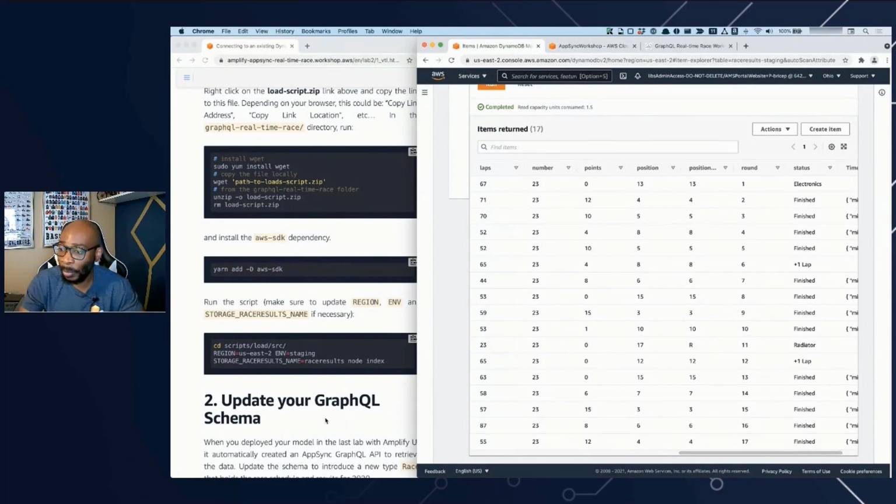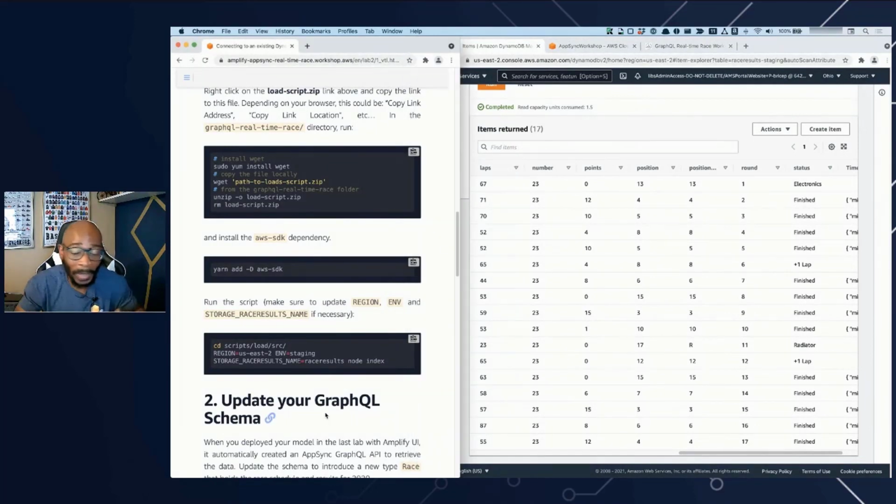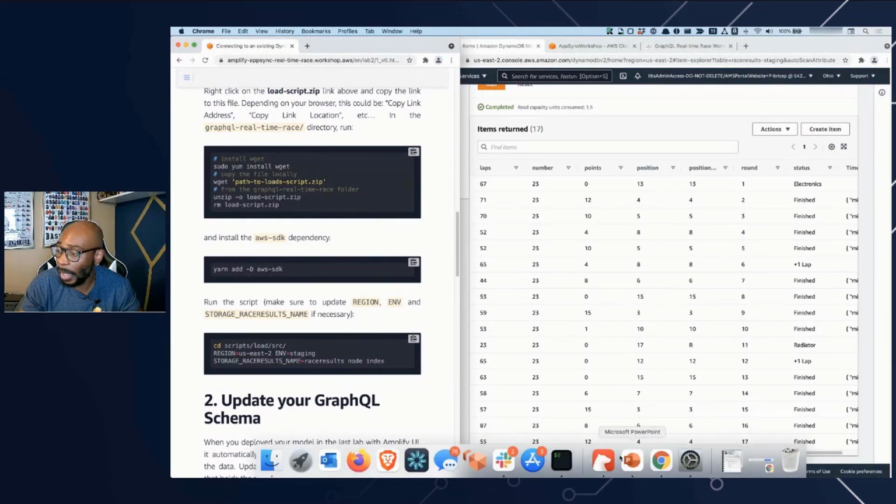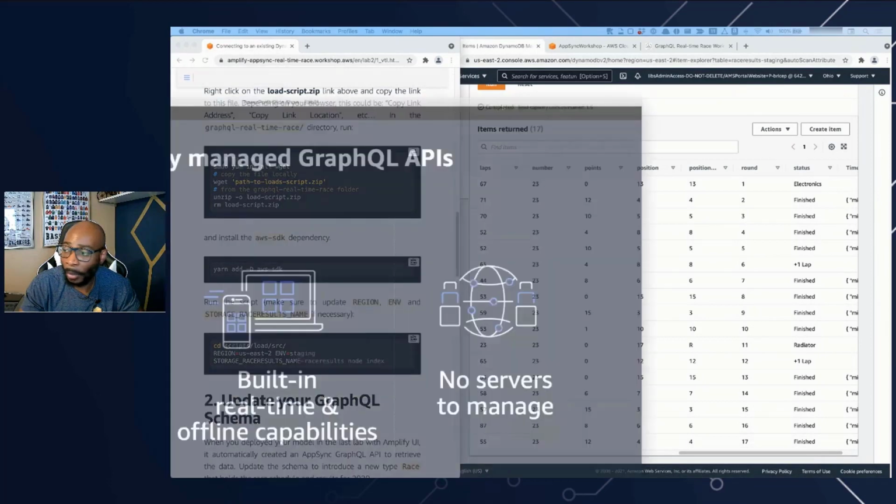So now the next step is that we actually want to update our schema. This is not something that we really had to do a ton of when we were using DataStore. DataStore abstracts all of that work and takes care of provisioning a schema for us. If you are not familiar with GraphQL,